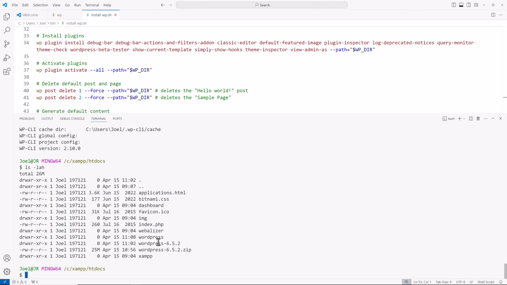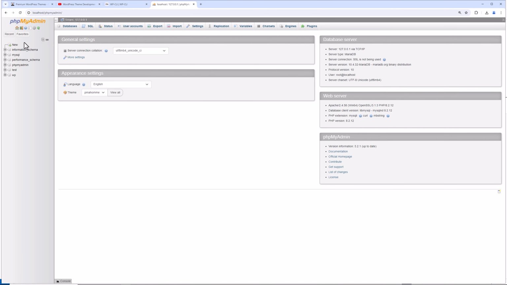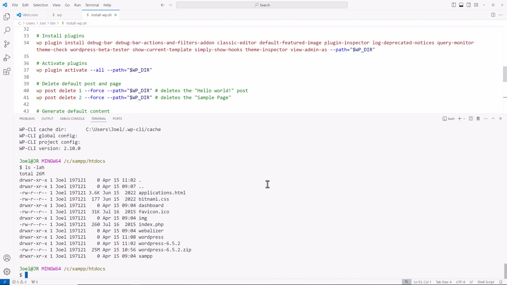Let me go back to the browser. Let's go to localhost. Let's go to phpMyAdmin. We see these are the databases I currently have. Back to VS Code. So now what I'll do is I'll just run the command